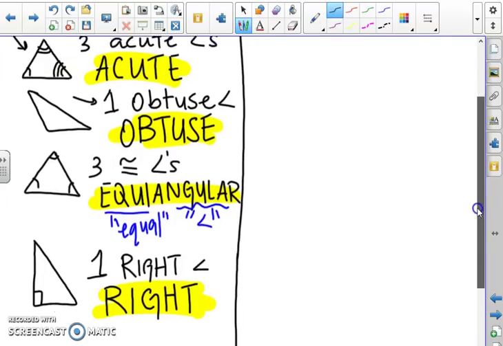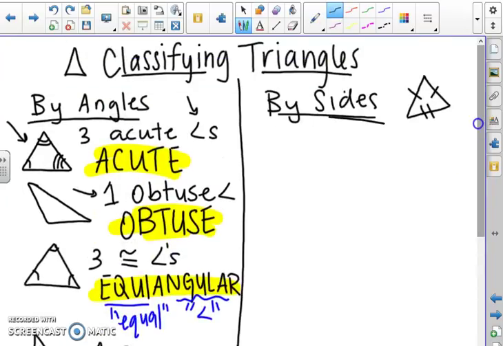All right, so let's see what happens when we classify by sides. So we're talking about the side lengths. So let's say we have a triangle with 3 congruent sides. So we have a triangle, and